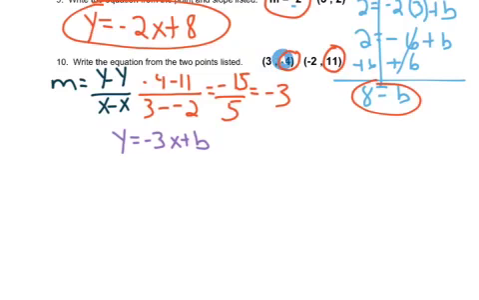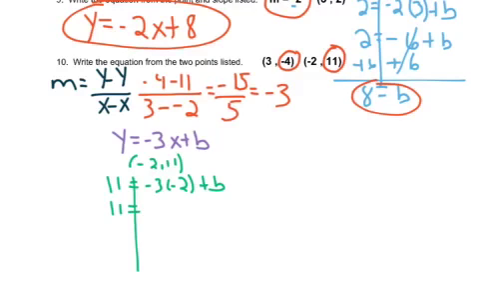Remember, it does not matter if I choose this ordered pair or this ordered pair. I'm going to choose the ordered pair -2, 11. So I'm going to plug everything in. 11 for my y, -2 for my x. And now we're going to multiply and solve. So I would have 11 equals